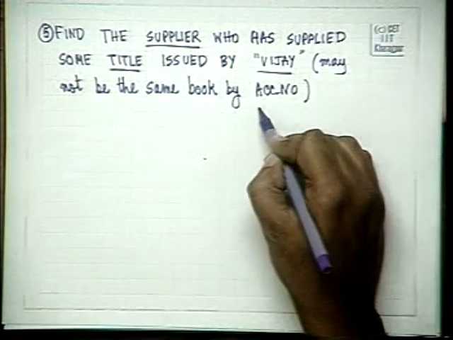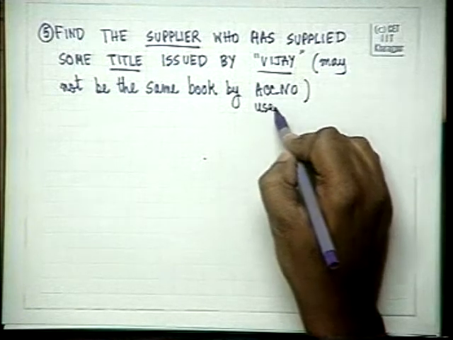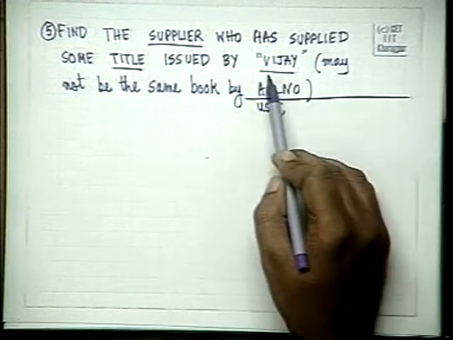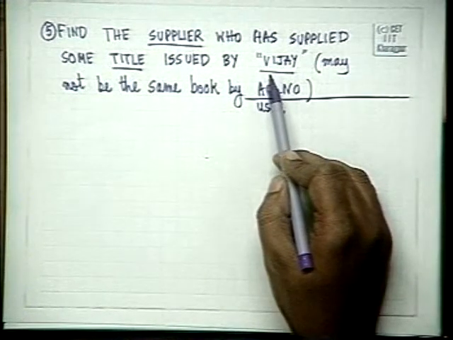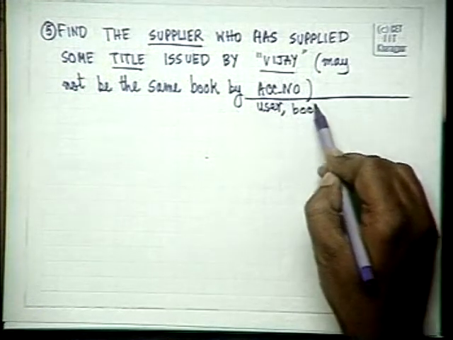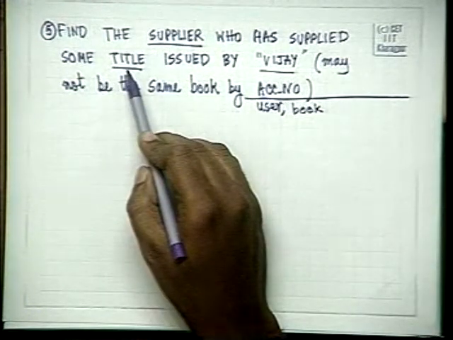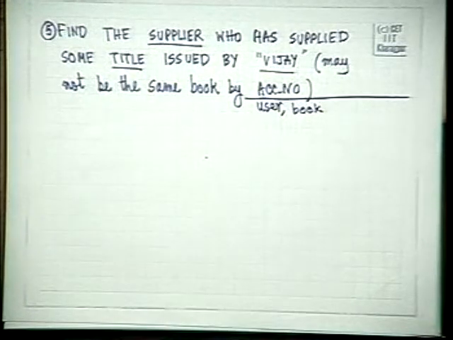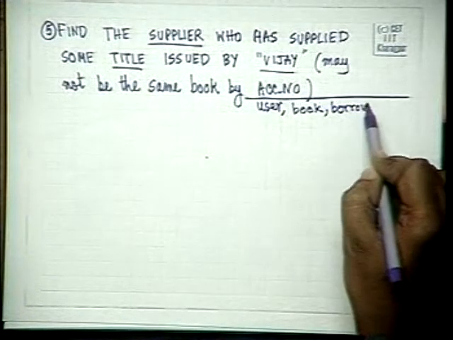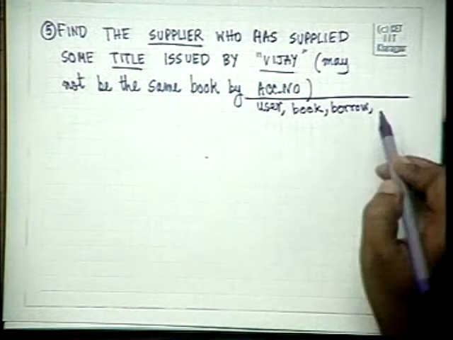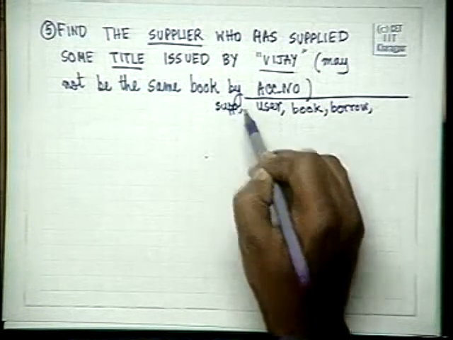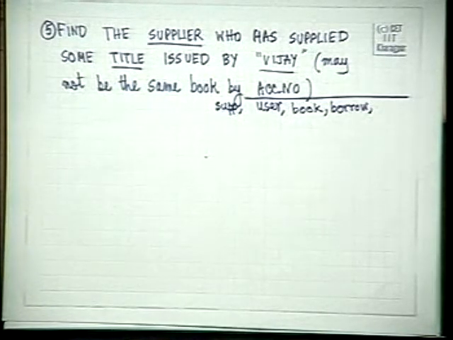So here we need the user relation which has got the name and address and card number. We need the book relation, we need the borrow relation, and we need the SUPP relation. All four of them are required now,